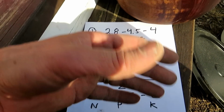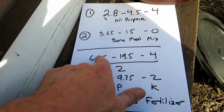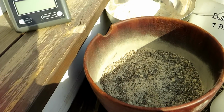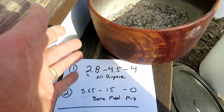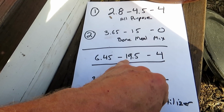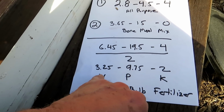If I wanted to increase the phosphorus even more, I would add in a third part of the same exact thing. That will increase these numbers. You divide by 3, you'll end up with a lower nitrogen and a higher phosphorus. So you can keep adding in additional parts of the bone meal to further increase the amount of phosphorus in your mix. But I'm okay with this. I may bump it up, which would make this 34.5 divided by 3, which is going to give me approximately 11.5 phosphorus,